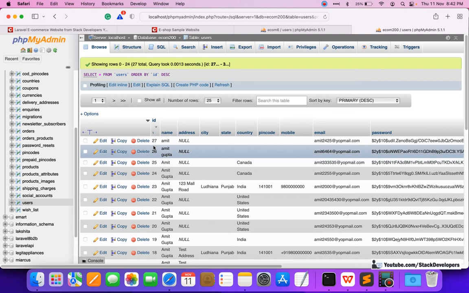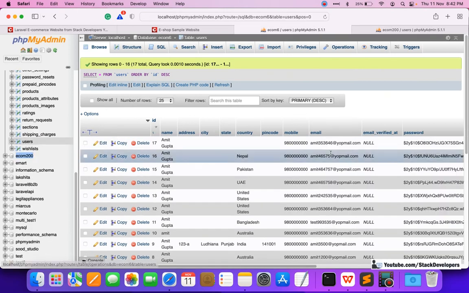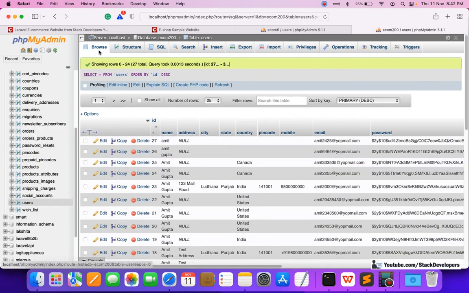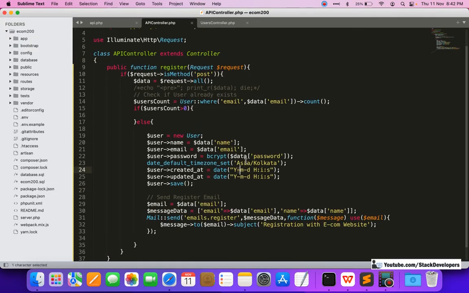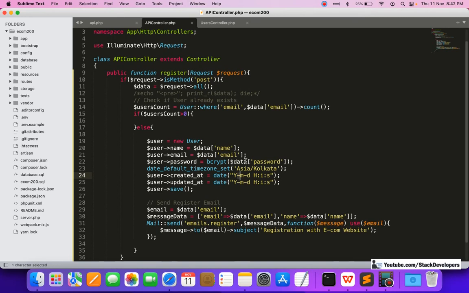Here it must be the 28th id with the same username, amit353646 at yahoo.com. So let's see. No, the user is not registered yet, so it means there is some error somewhere.